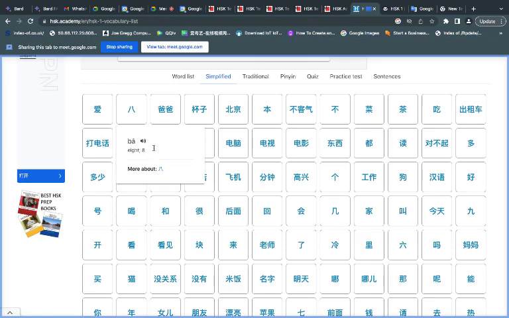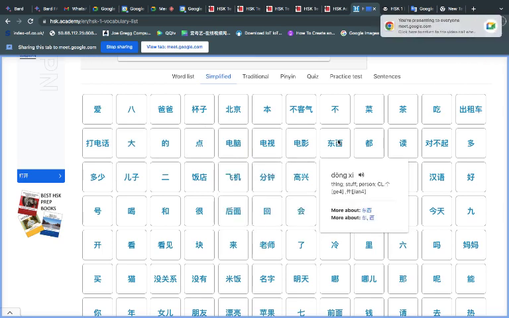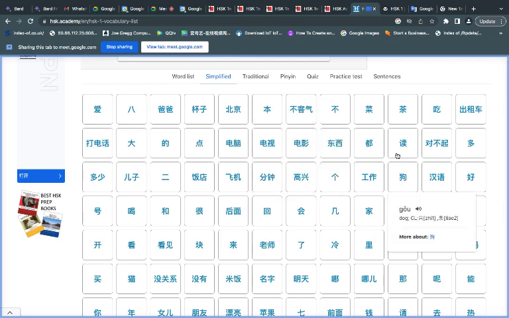Which then says, okay, this is the first tone. And it does the same with other words as well. You see there's always that tone marker at the top. So we need to respect those tones. Every word that we see will have a tone marker. Okay, so that's Chinese for you.